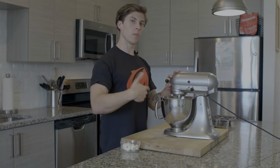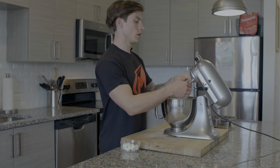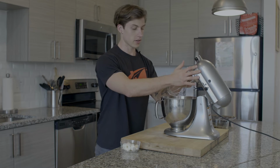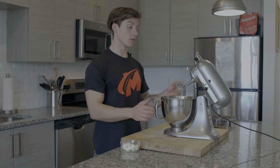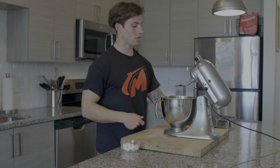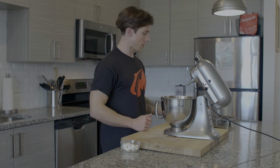The dry ingredients are all blended together, all whisked together. And if you don't have a KitchenAid mixer like this, you can actually take a sifter or just throw all the ingredients in a bowl and take a whisk and whisk it all together. However, our next step is going to be to add